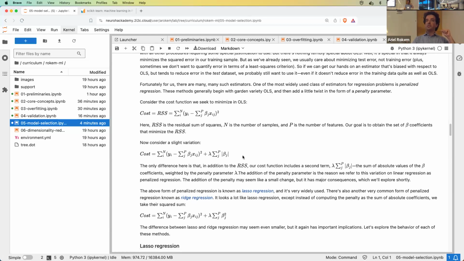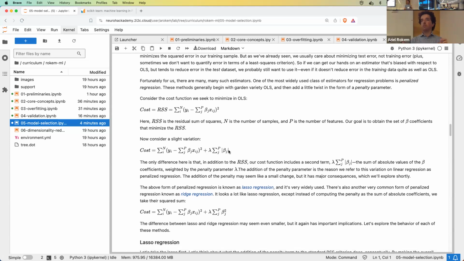But what people came up with is the idea that let's introduce into this problem a little bit of bias. So they said, let's create a new cost function. It has this least squares or residual sum of squares criterion, and tries to reduce the squared error as much as possible, but adds also an additional penalty. In this case, the penalty is the absolute values of the coefficients, right? And in Bayesian terms, this is a sparseness prior. Let's say that from some guess, we think that as few of the coefficients as possible